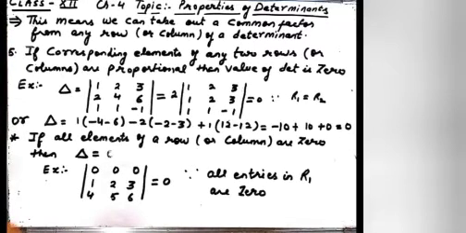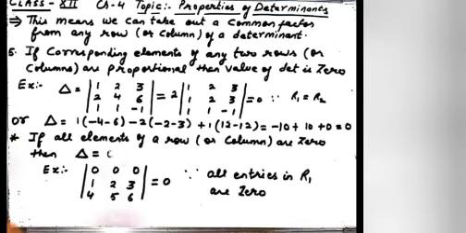So if in a determinant any two columns are proportional or any two rows are proportional, then we can write the determinant equal to 0. So we can write the answer 0 directly without doing any calculation, and you can easily verify this result by expanding along any row or any column.